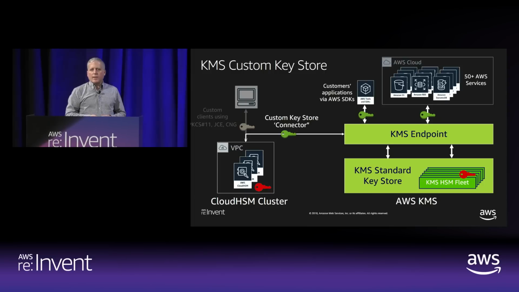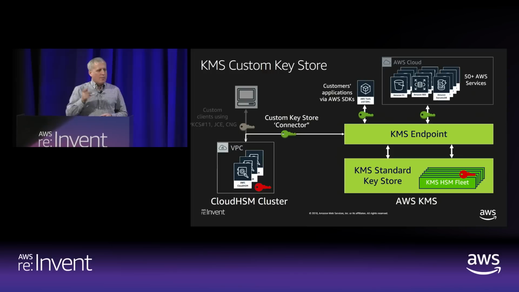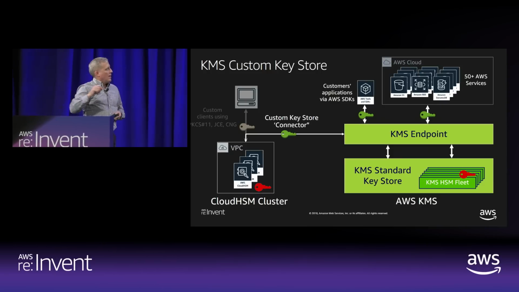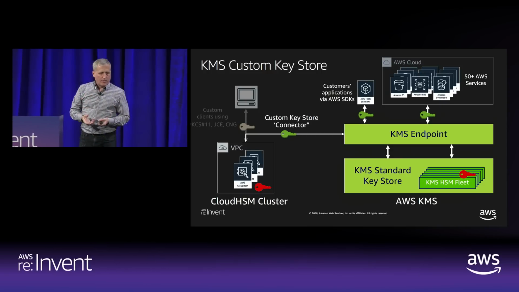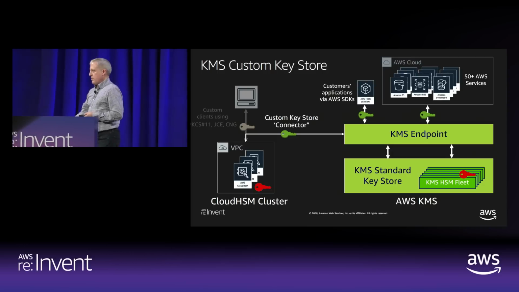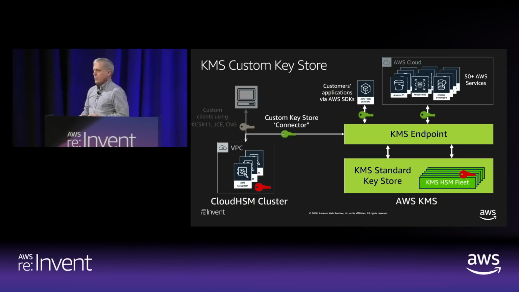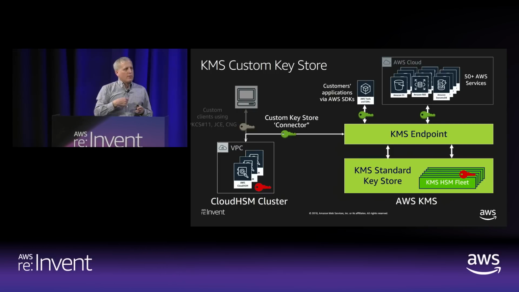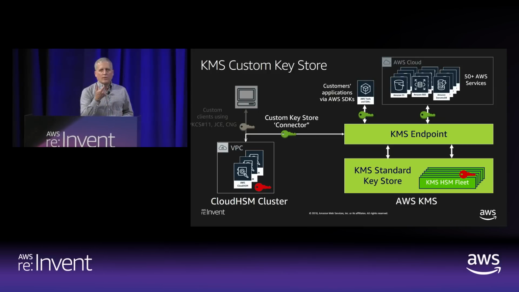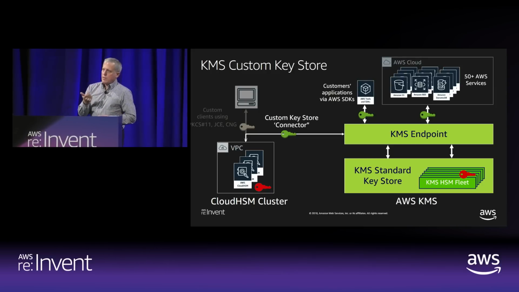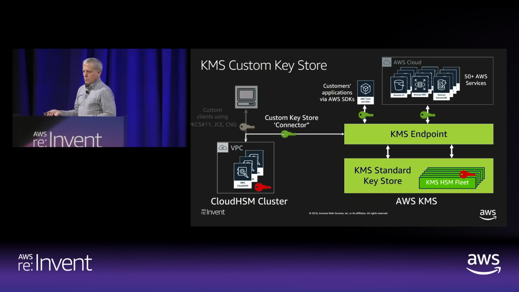Custom Key Store now enables that. So you call KMS and say, here's my CMK key ID. This is what I want to use on the encrypt path. KMS says, oh, I know where that key actually lives over in this Cloud HSM cluster that you configured earlier. And we will go from our service VPC into your VPC where the Cloud HSM cluster exists. And we will use a credential that you have given to us that gives us access to just that particular key on your cluster.